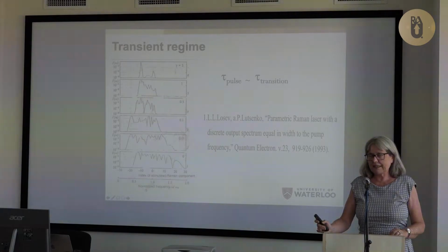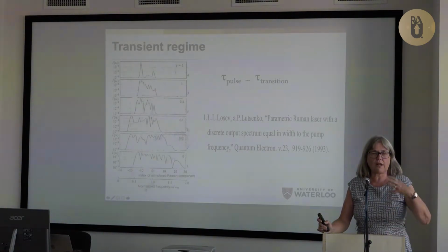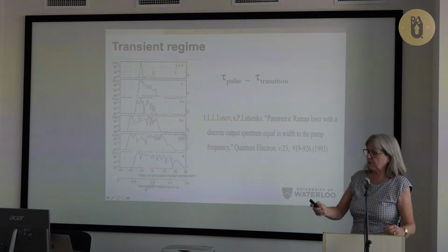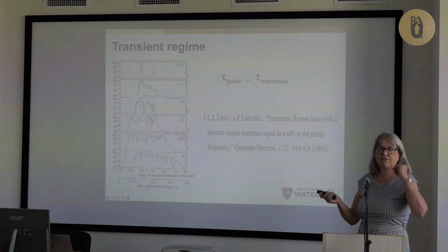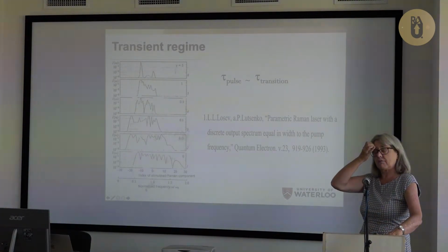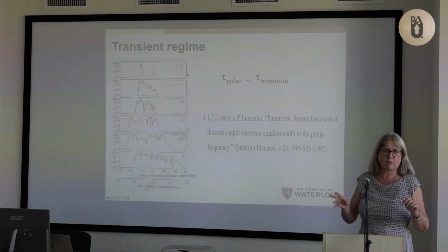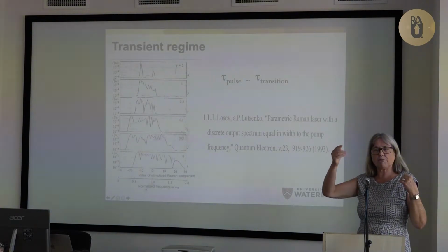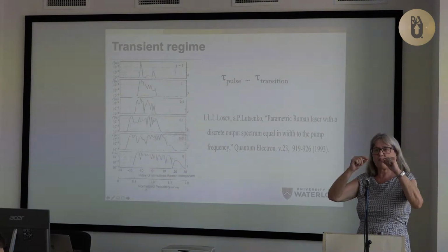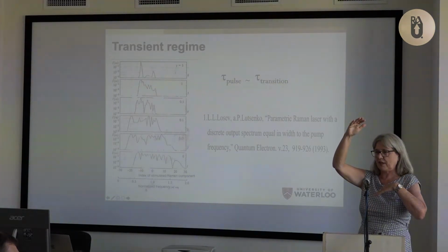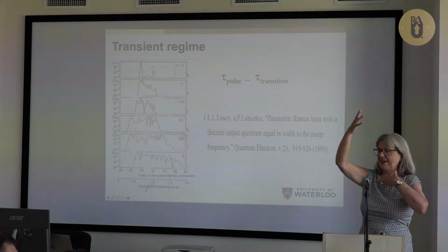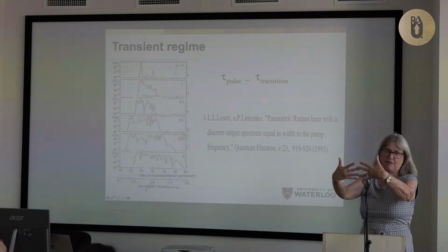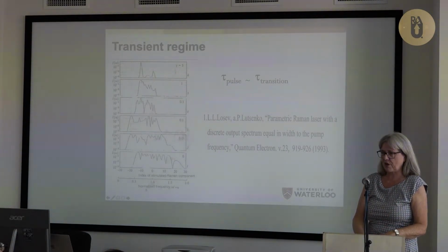And he was in Russia, and at the time, the Russians were having trouble having a lot of money for experimental work. So he had this way of doing multi-frequency Raman generation, and his theory showed that the efficiency was higher in this transient regime. Now he had this whole mathematical way of looking at it, but let me give you my take on it. In the adiabatic regime, even though I couldn't draw it this way, the bandwidth of the lasers was much smaller than the coherence time. And so you're wasting all of that other energy that's there. In the transient regime, you're really matching your whole bandwidth of your laser with the whole bandwidth of the transition, and I think that's why you get a much more efficient process.